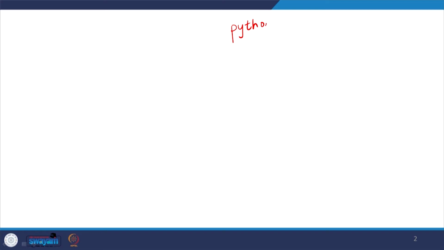So before I proceed, I want to mention here that all the programs that I will do will be done in the Python language. If you look at the actual molecular simulation programs, they are mostly written in either C, C++, or Fortran, but Python is much easier to work with. That's why I have chosen Python. But keep in mind that if the efficiency of the program is not so good, particularly for very large systems, then we typically have to move to C or C++, right? But for the purpose of demonstration, I think Python is much easier language.